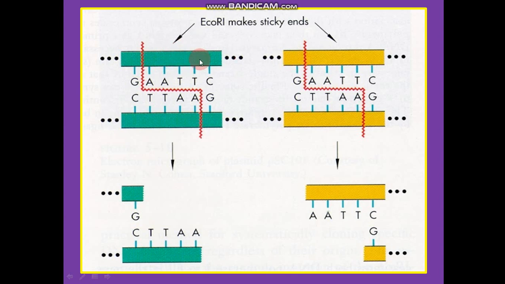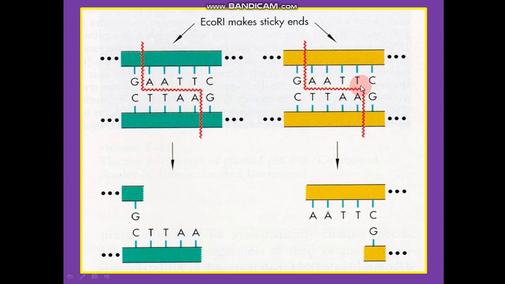We need to incorporate this gene of interest into this host or the vector also. So vector is the one which is carrying our gene of interest to the host. So how will it carry, or we can say the plasmid DNA. So this is the portion of the plasmid DNA and this is the gene of interest. So what we have done, we have used the EcoR1. EcoR1 will recognize this particular site in the vector DNA also, and this particular site will be recognized in the gene of interest also. See, both the sequences are the same, GAATTC, GAATTC.